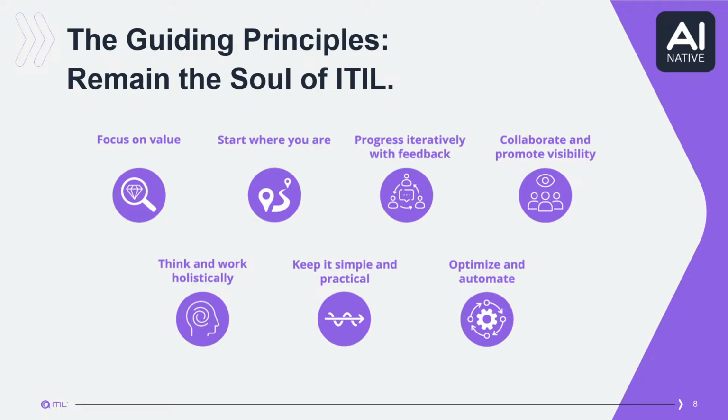So that's why we're working with that kind of principles. Collaboration and promote visibility. It's also important because lots of companies have silos inside the company. There is no information, there is no experience about how we can work with each other. And some of the frameworks, some of the methodologies can help, such as DevOps, which has lots of very good things, and Agile can help with making some kind of collaboration.